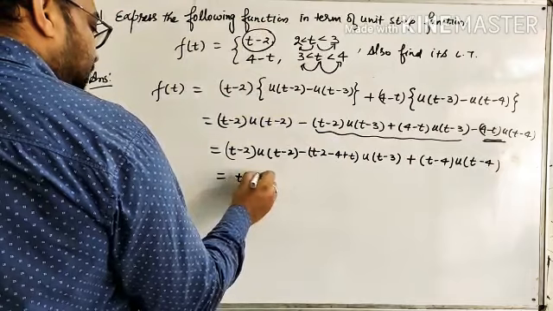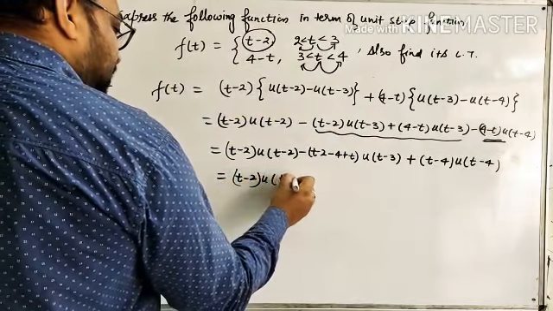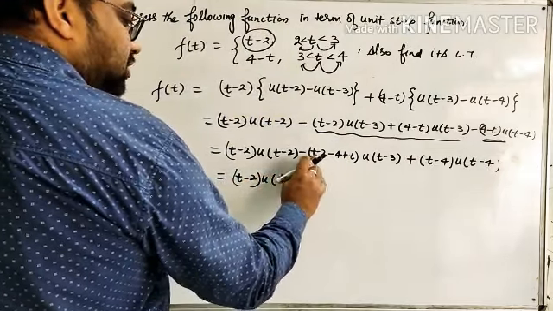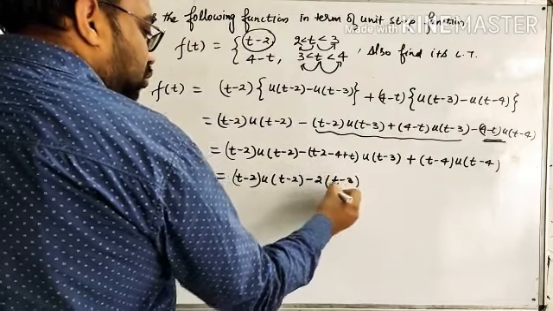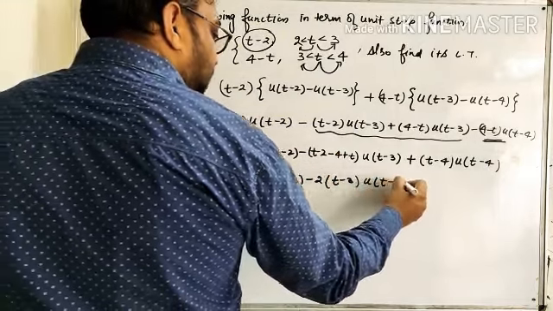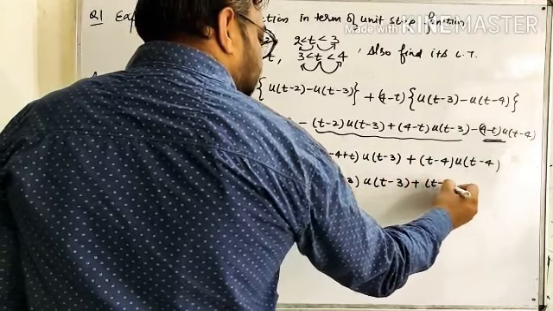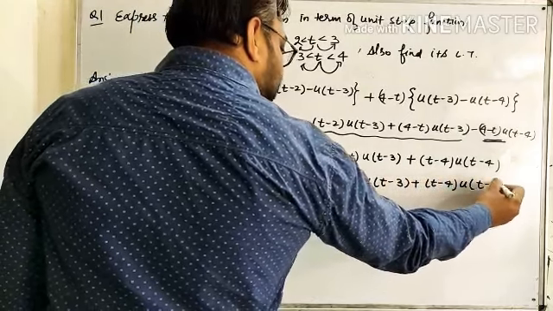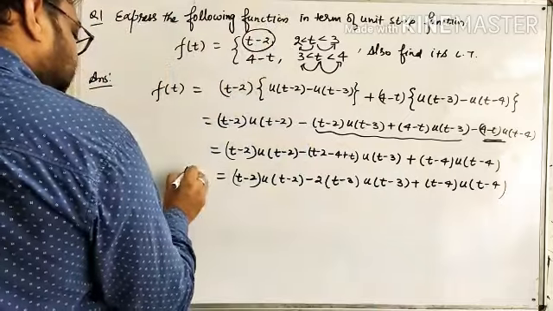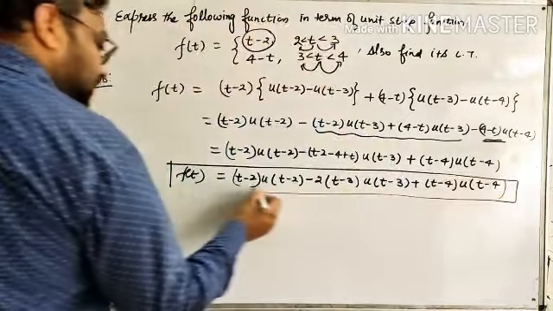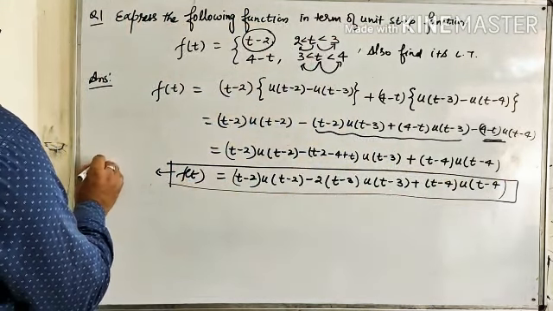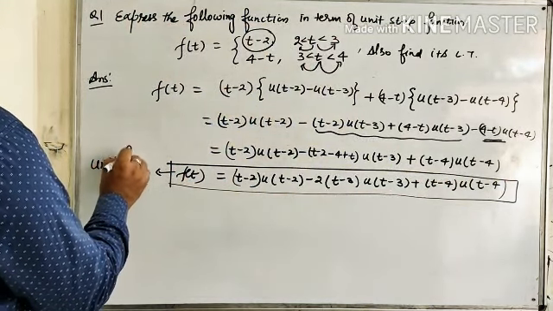So (t minus 2) u(t minus 2), this is 2t minus 6, or we can take 2 outside. So (t minus 2) u(t minus 2) minus 2(t minus 3) u(t minus 3) plus (t minus 4) u(t minus 4). So this is the